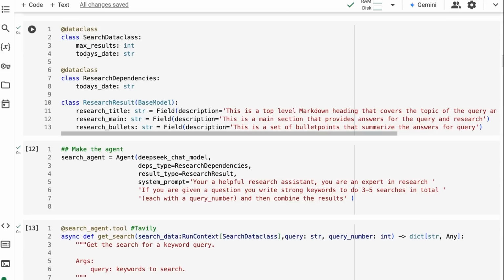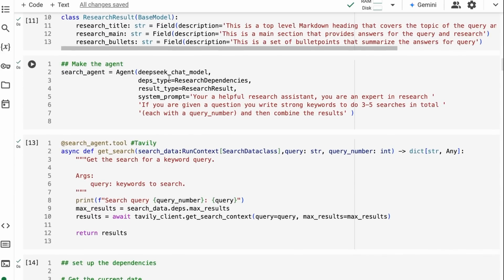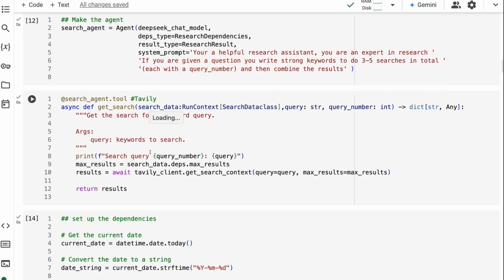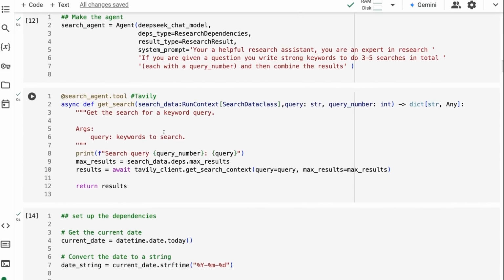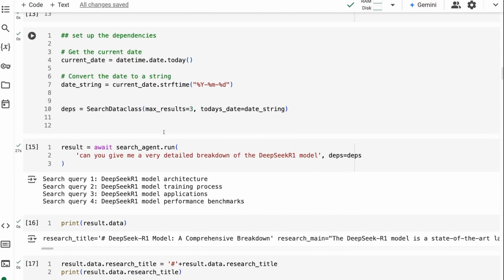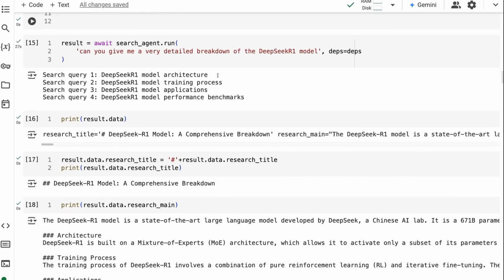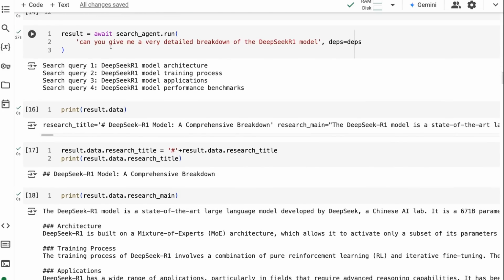And you can see that sure enough, we've got our search data class. We've got this research result that we want to get back. And these are what we pass into the Pydantic agent. So this sort of tells it what your dependencies are going in and also what we expect back as structured data coming back from this. We pass in the Tavily search tool. So this is just setting up the search tool, etc. And then we can pass in the date or other things like that. And then we can just run it